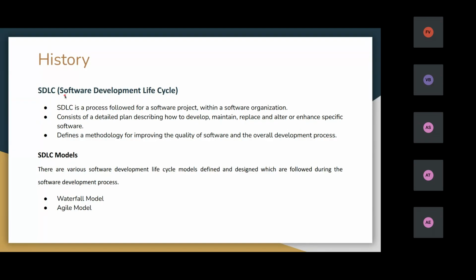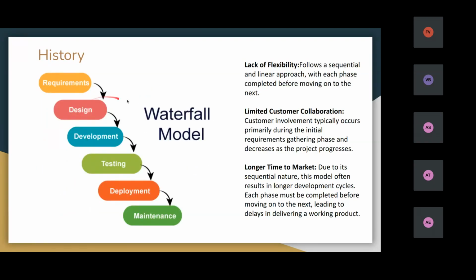In the SDLC, the main process of the software development will be mentioned. There are two SDLC models, that is the waterfall model and the agile model. This is one picture of the waterfall model. Here we can see that first the requirements are gathered from the client, and then the design process is started. Then with the design, the development process is started, and testing is done, and then deployment is done, then maintenance is